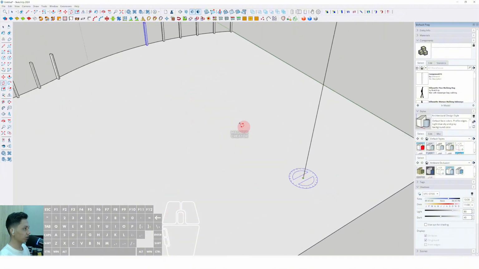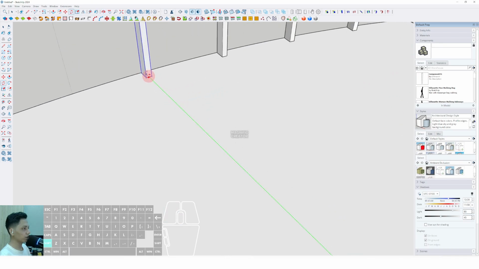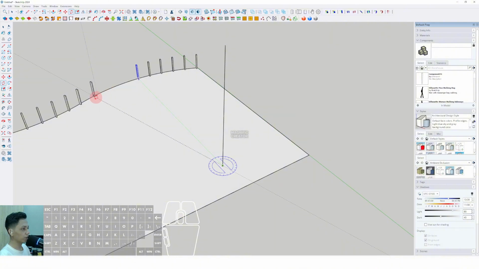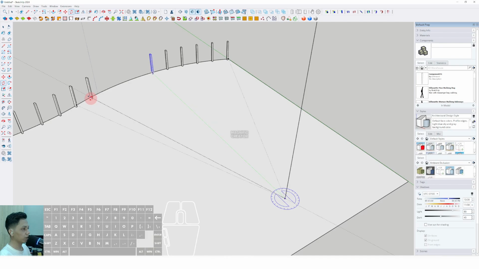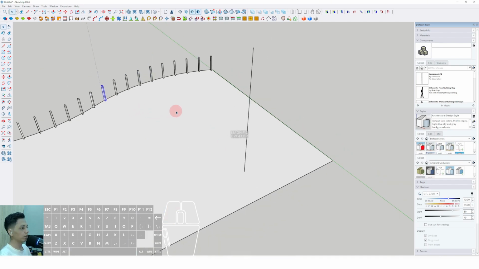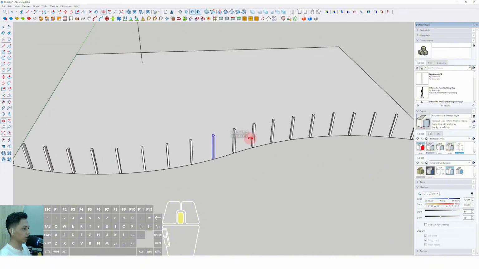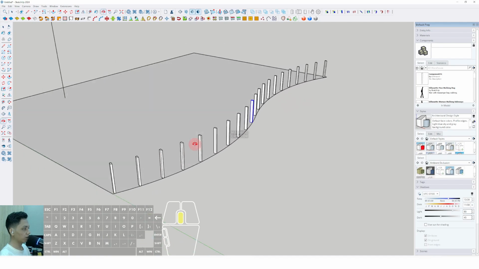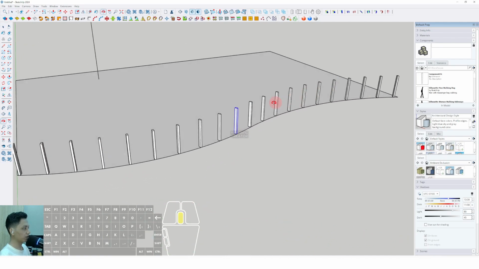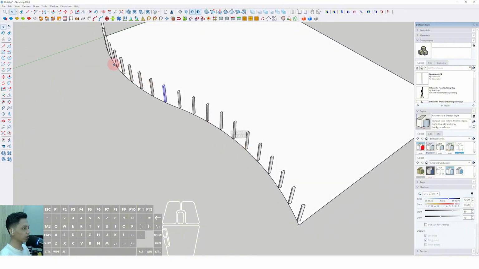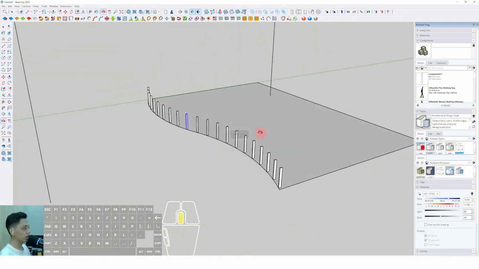click from this endpoint and click for this midpoint, and we can click to this endpoint, and then we can type 4 slash and enter. Okay, so we can get the clean vertical arrangement. We can get the clean horizontal arrangement by following the smooth curve of this front facade